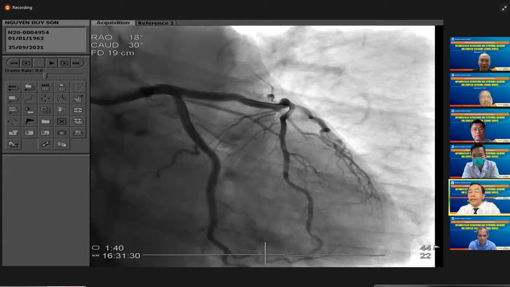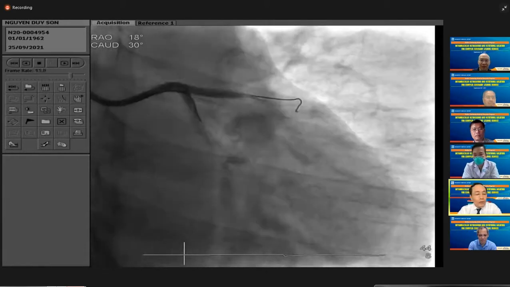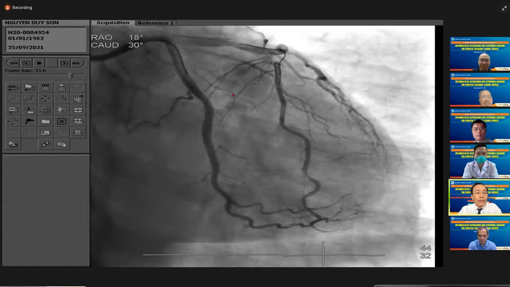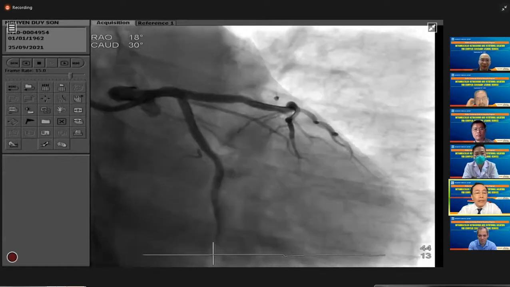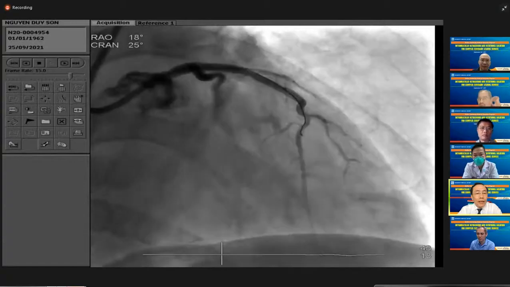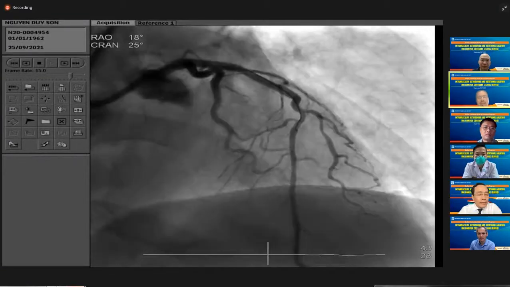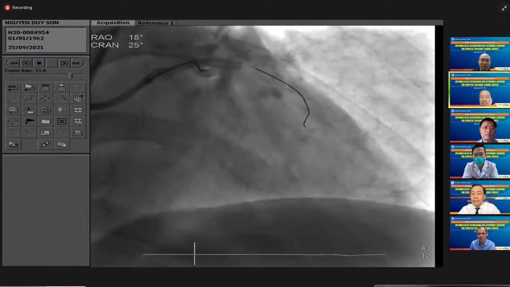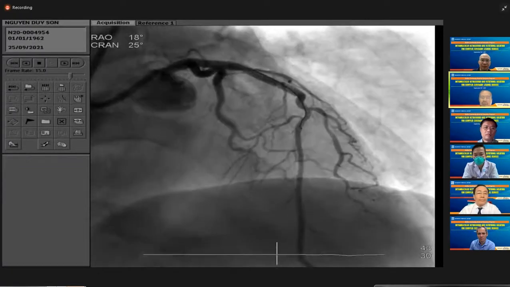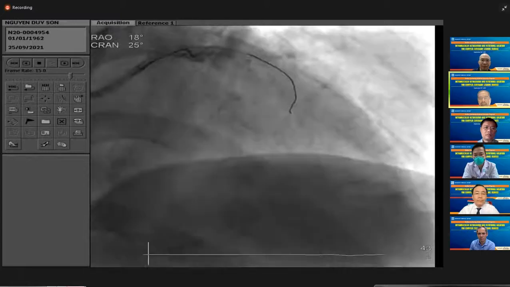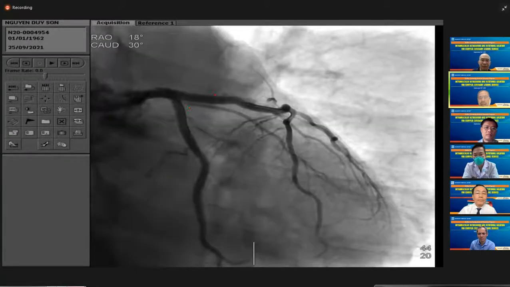So, Professor Nguyễn Ngọc Quang, what do you think about the final result? We see some dissection at the left main. We leave it like this, or do we do something more? I think the result is quite fine. We already see the dissection before the stenting, and we already cover everything by the stent. So I think